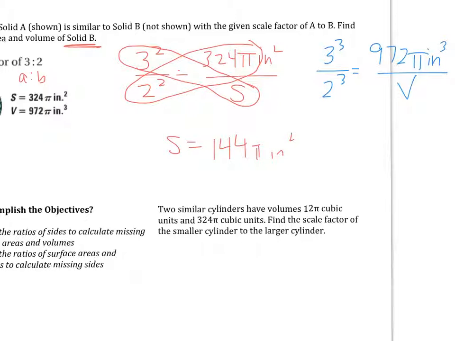Cross multiply, solve, tell me what you get. 288 pi inches cubed. Any problems with that? The big idea is just making sure that you're able to set up the proportion, and then from there, you should be able to go. All right, so let's go back to